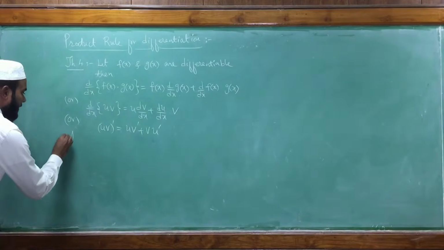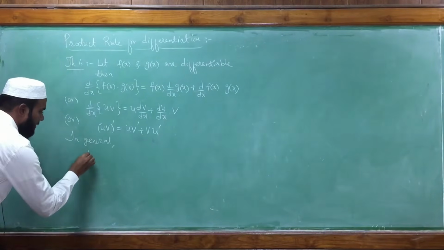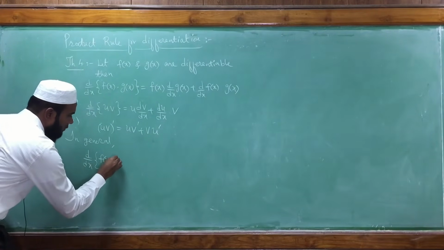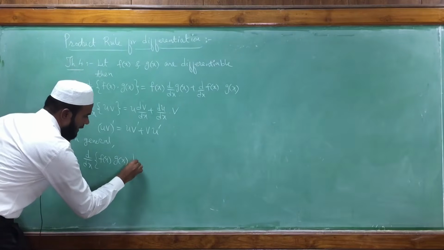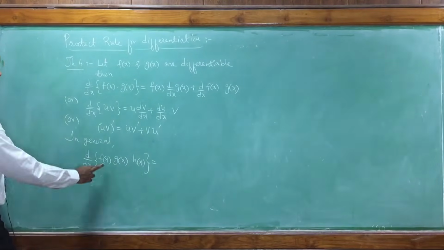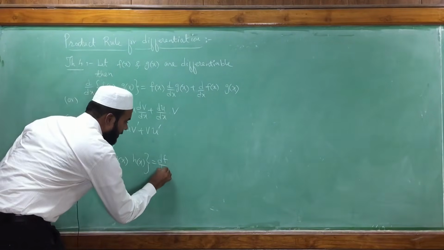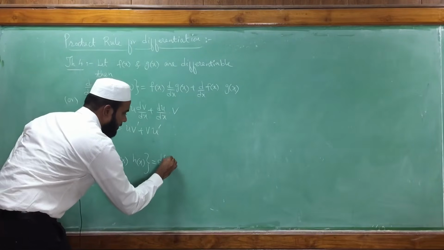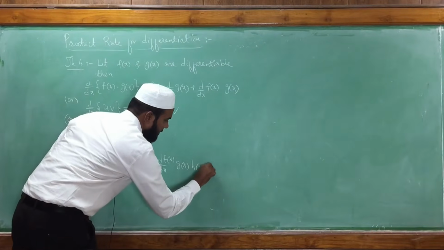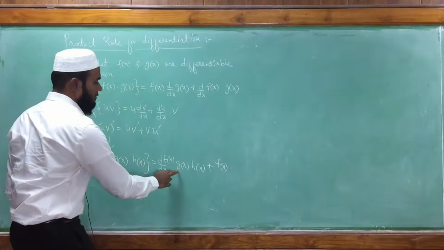In general, instead of two functions, suppose we are having three functions. That is, d by dx of f of x into g of x into h of x, right? Then what we have to do, at a time we have to differentiate only one function. First I will consider df by dx, then the remaining two functions, g of x and h of x, as it is, plus first function f of x as it is, then differentiate the second function,